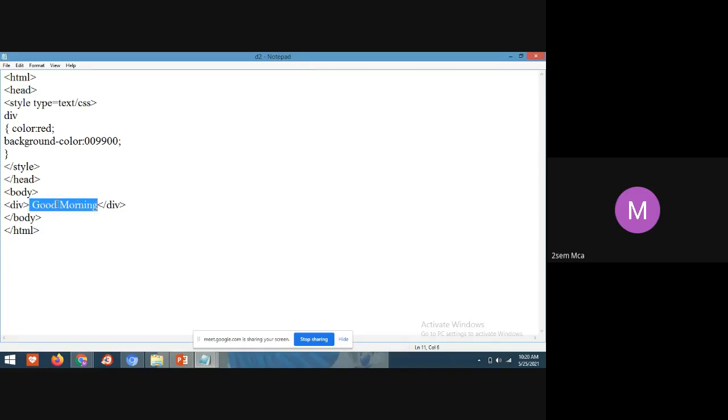Without using the div tag also, you can display this good morning. Correct? But I told you that this div tag will create a container, like a box, and in that box, whatever data you want to display. Here, I have changed the background color. The entire page background color did not change. Only the container background changed. This div tag background is changed.